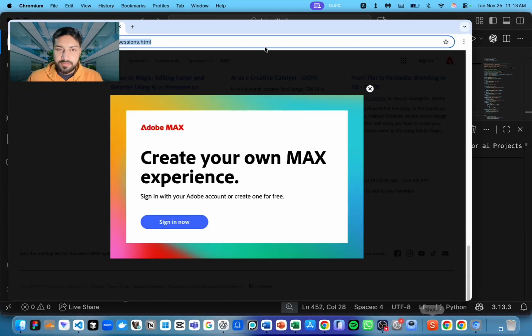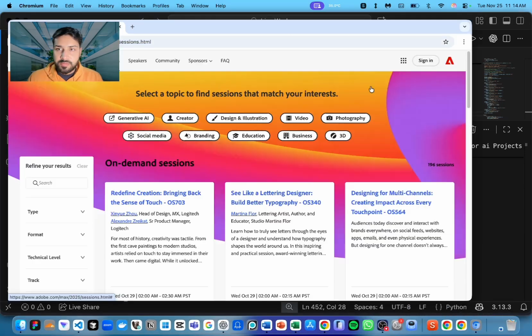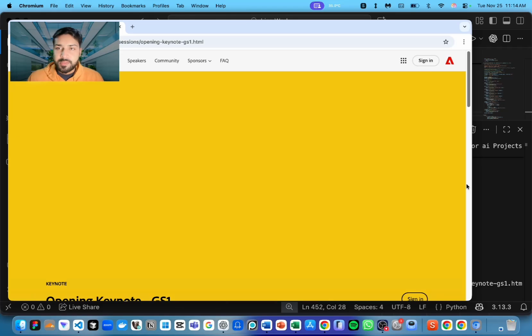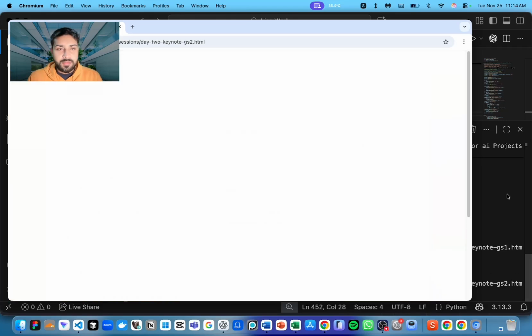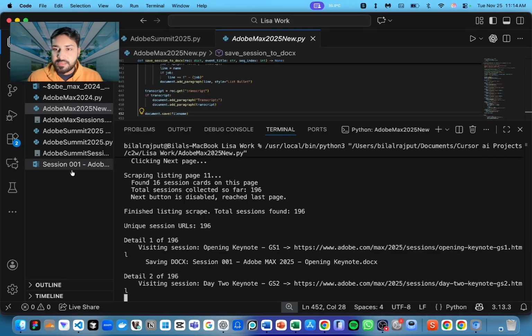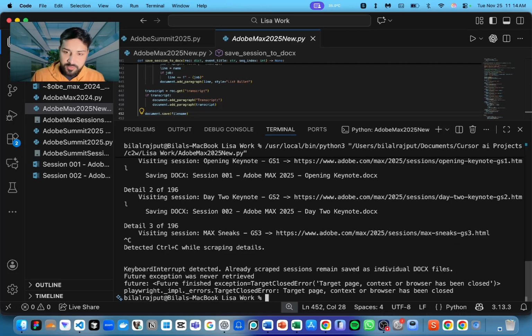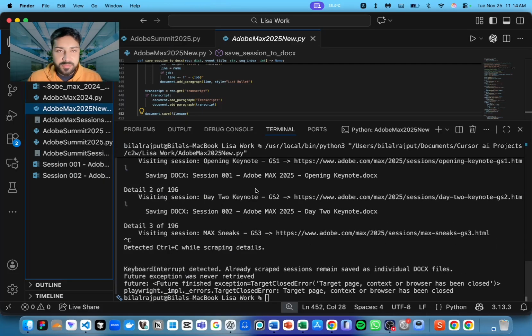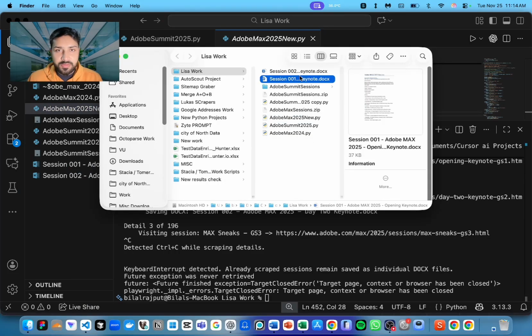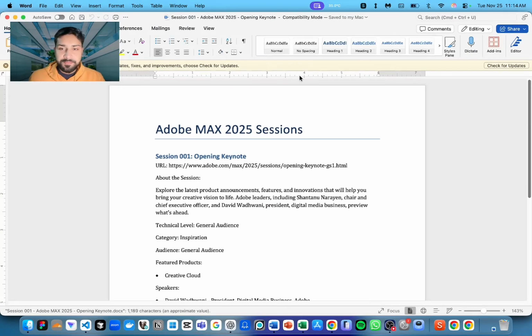So if I click on here, it will now scrape, and you can see it's making the session separate docs file. Now I will stop here and I will show you the results. If I open up this one, you can see we are getting the session URL, the about the session,